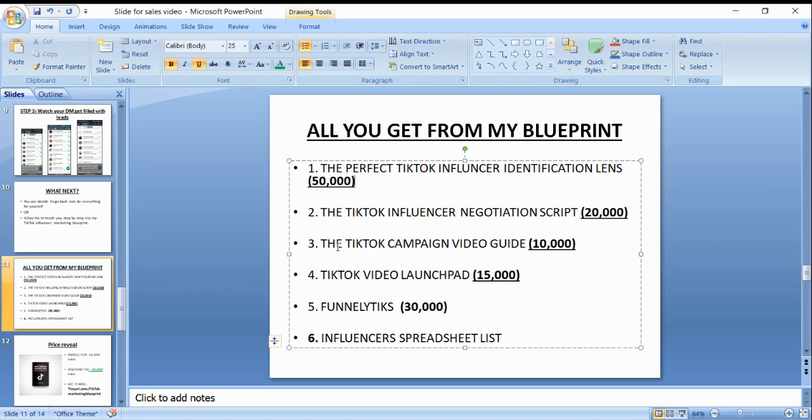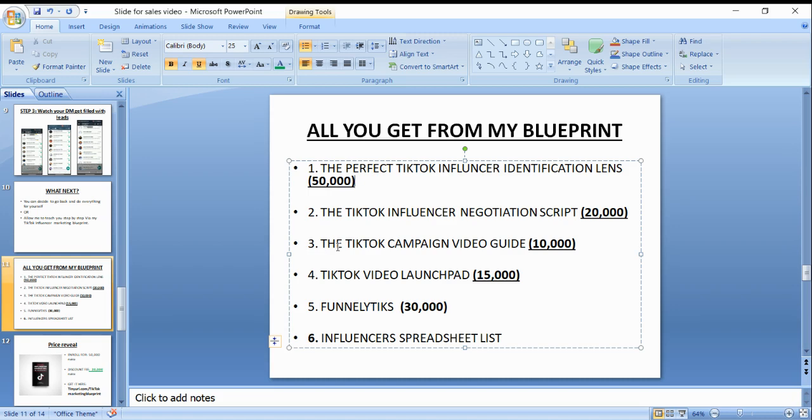And let me tell you this, TikTok doesn't like people getting out of their platform. They want their users to always be on their platform. They don't want them to visit any other website. They just want them to be on TikTok. Therefore, anytime you are creating a video on TikTok that is encouraging people to go outside the platform, TikTok usually buries such videos. And in some cases, they might even ban those videos.